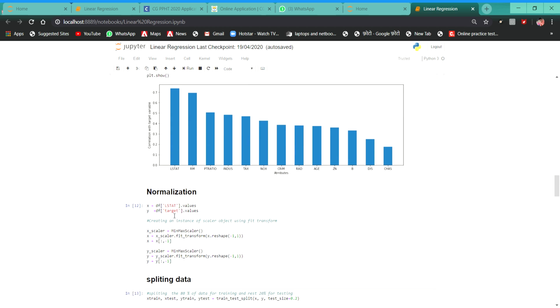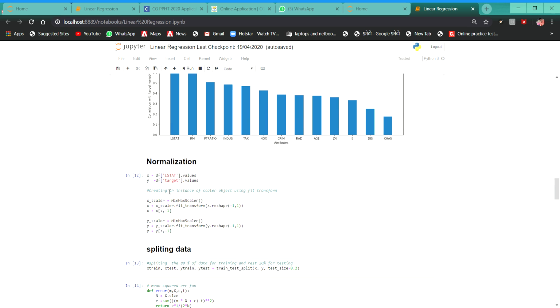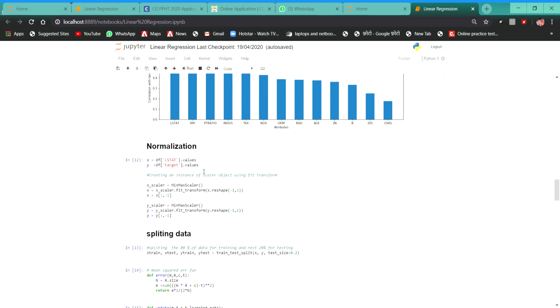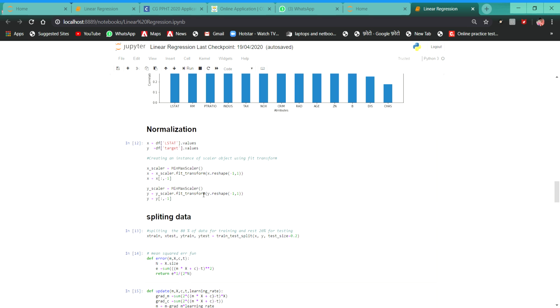Next, normalization. In normalization, we assign the data frame as X and Y for prediction. Here we create a scaler object by using the MinMaxScaler and reshape them.